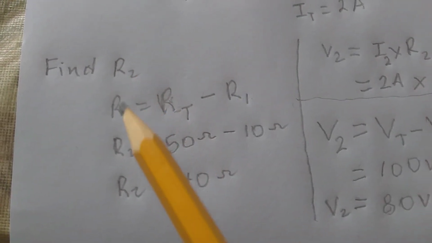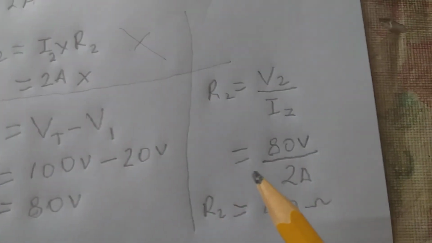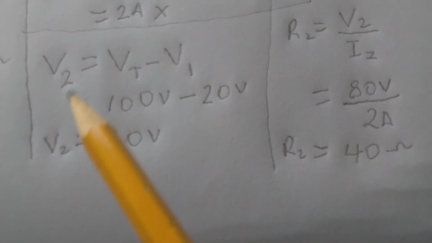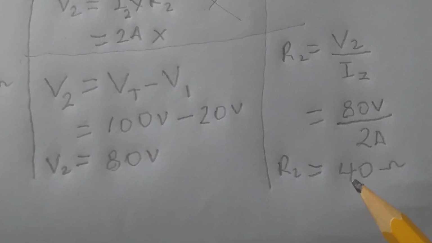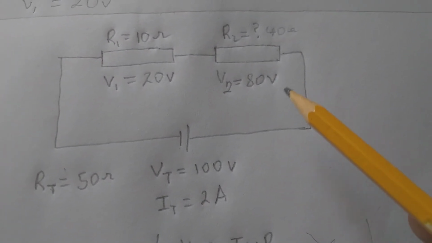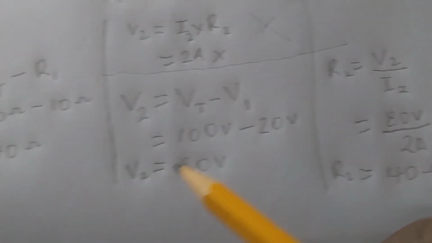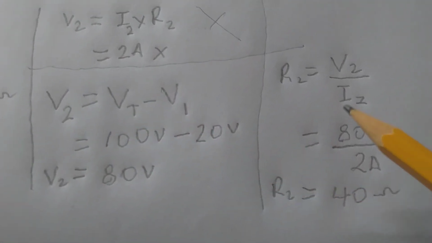So you see, when we use this method, we get R2 to be 40 ohms, and when we use this other method, we still remain with the 40 ohms for resistor 2. So this is how we find resistor 2 using two different methods. So this would be the easier one, but if you think you can do the challenge of finding it using this way,